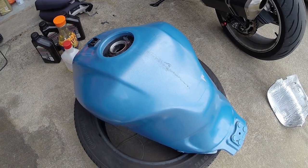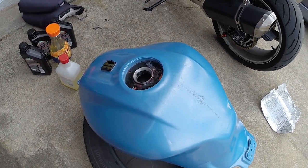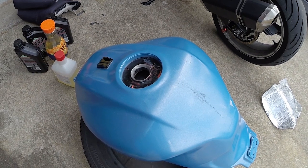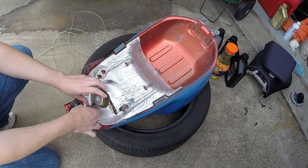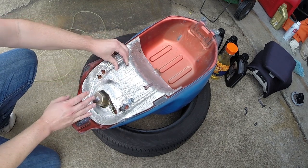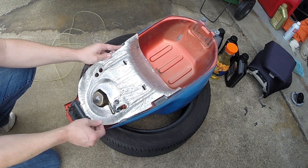So far, I've gotten the tank off, and I've taken the cap off of it, which is 3 Allen screws that connect that cap. And now we're going to pull the fuel pump out and start cleaning. Okay, so on the underside of your tank, you've got this little heat shield here, and it's just held on by a few clamps. So I'm going to grab this clamp here, fold it all the way back over the pump housing here, fold these guys back, and you can just lift it up. You got to watch out, your fuel line passes through this section,